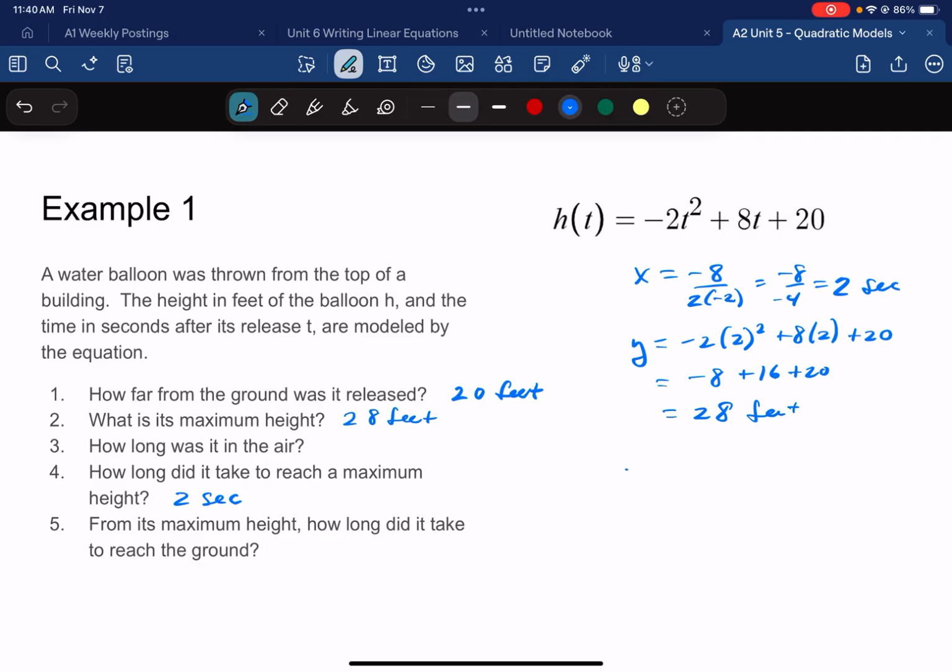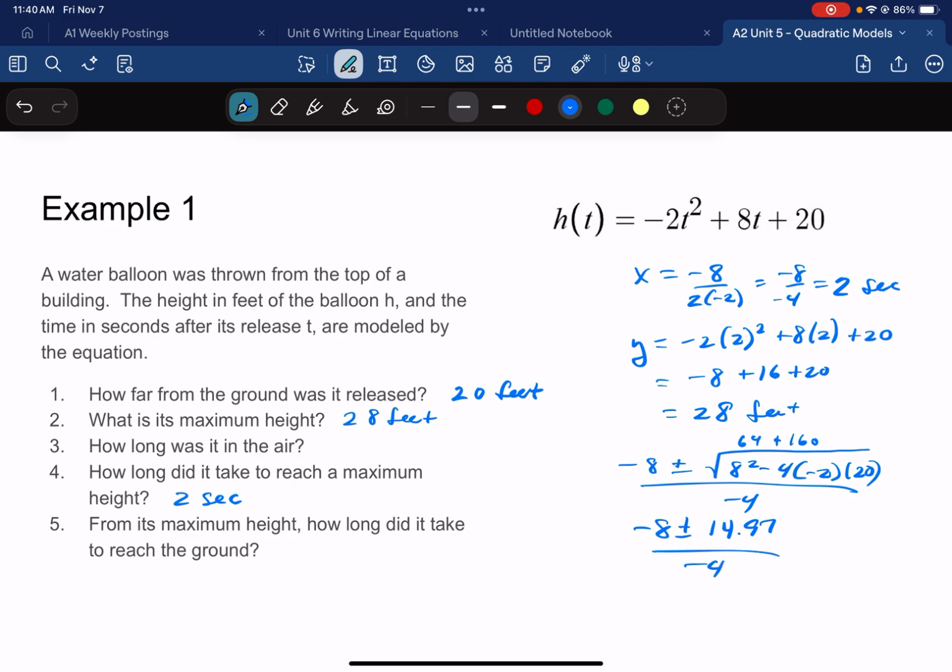So we've got opposite of b plus or minus the square root of b squared minus 4 times a times c over, I'll put -4 down there. So 64. And then 4 times 2 times 20. It's 160, and it switches to plus. So plus 64, and then take the square root, and I get -8 plus or minus 14.97